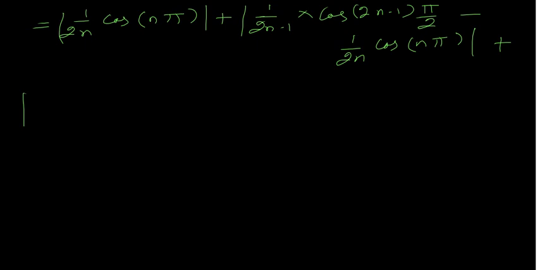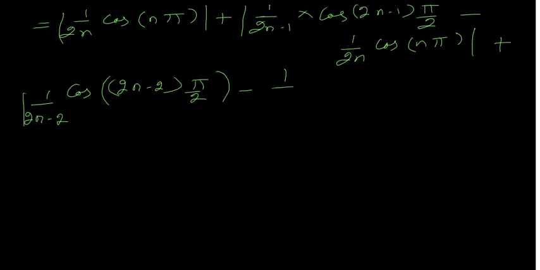plus the next difference is 1 by 2n minus 2, obviously, into cos of 2n minus 2 times pi by 2, minus this one here, 1 by 2n minus 1 into cos of 2n minus 1 times pi by 2, mod,